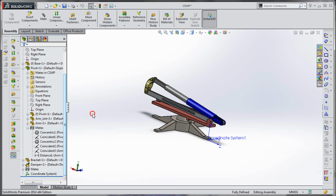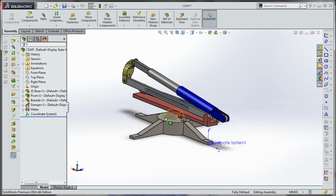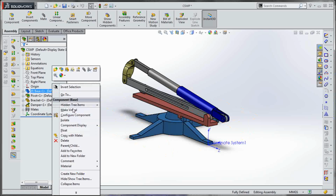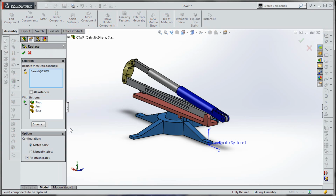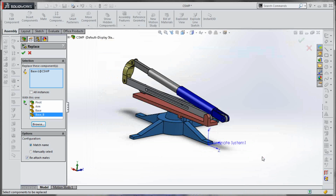First of all, you can collapse your feature tree with Shift C, and let's replace this base. So if you right click, and if you don't see here replace components, go to these double arrows and find replace components. Replace this base with, and then browse base B. So make sure that reattach mates is checked,